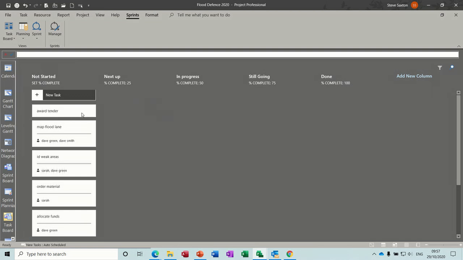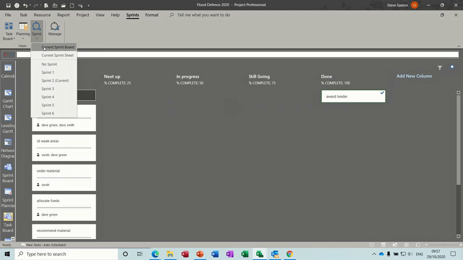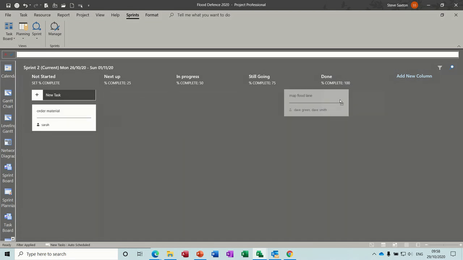if they're complete. Now if I right click on these, I've already shown you this, but you can mark them complete there. But if you do mark them complete, you should have moved them into that column there. But if I go back to current sprint board, this is really where you should be doing this. So this is the stuff for this week. So if I say that is